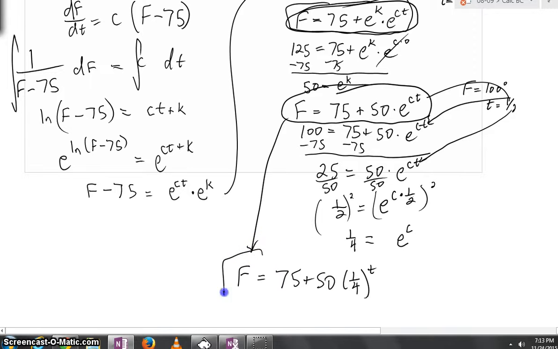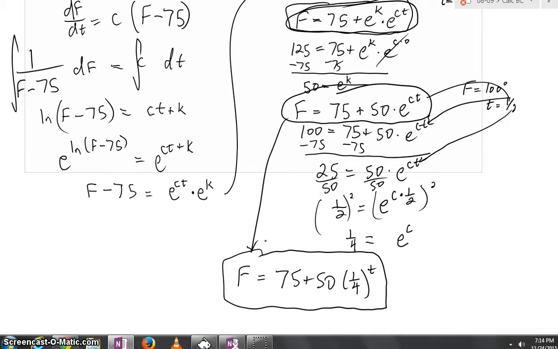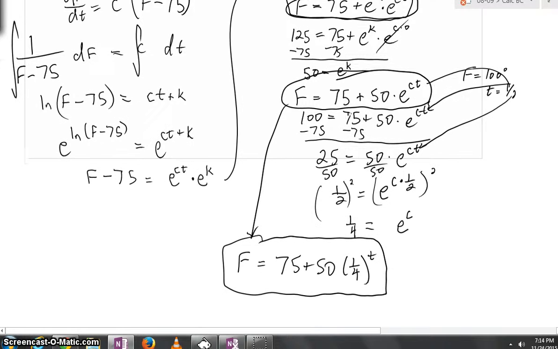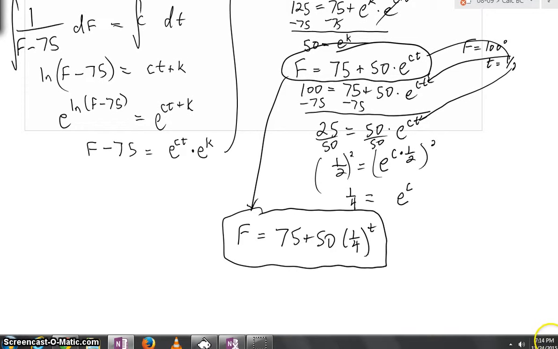And here you have it, a nice, simple equation where you have all of your relative data. You now have all of your specifics. This is, in all truth, what Newton's law of cooling is really going to look like. They said, what would be the temperature 1/2 hour later. Well, we knew that F was 100 at a half an hour after cooling. A half hour later